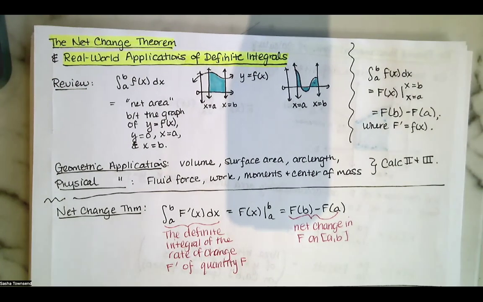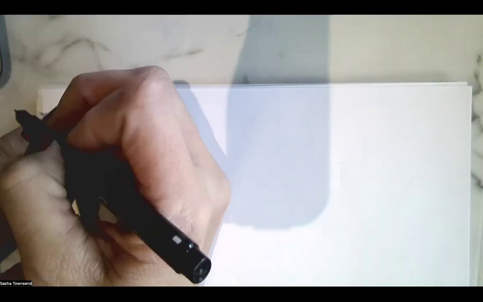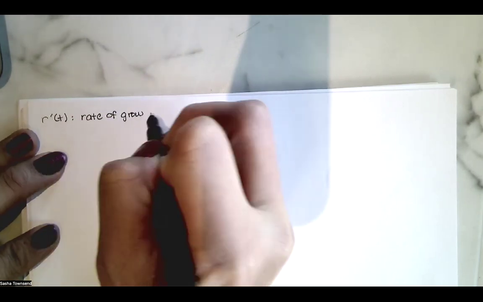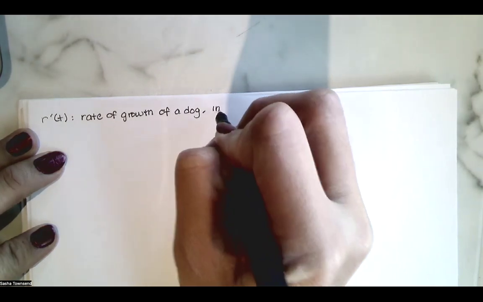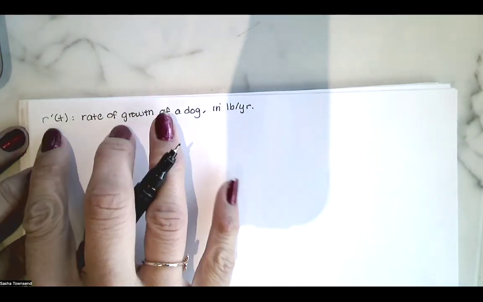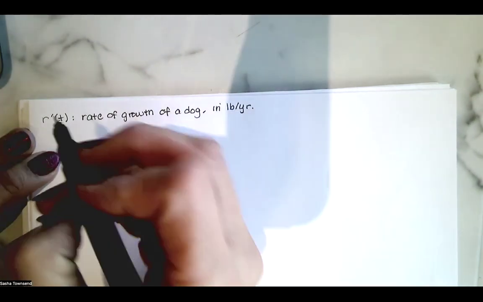Here's an example from the textbook. We're asked to let r prime of t represent the rate of growth or growth rate of a dog. And that's measured in pounds per year. If we know that r prime of t represents the growth rate of a dog in pounds per year,